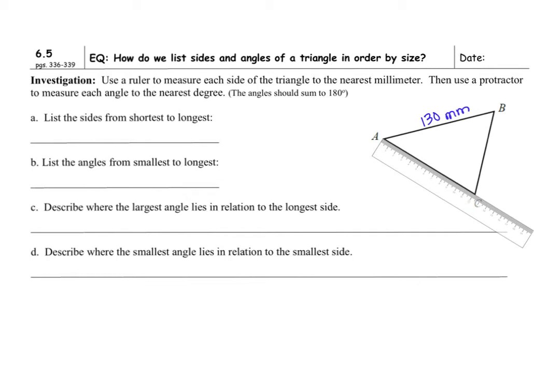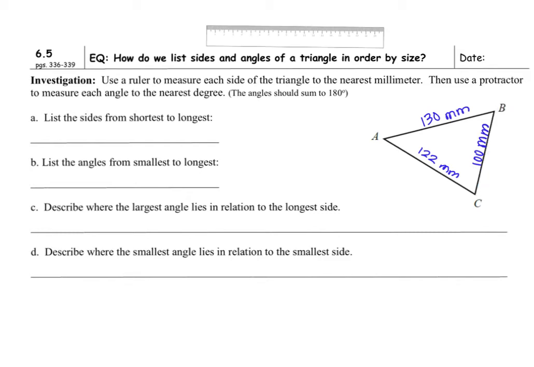122 millimeters. Now measuring from B to C, starting at 1 right here, and it looks like I'm going to 10 centimeters. So 10 centimeters would be 100 millimeters. So the sides from shortest to longest would be BC at 100 millimeters, AC at 122 millimeters, and then AB